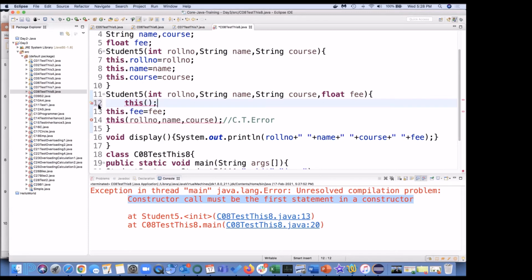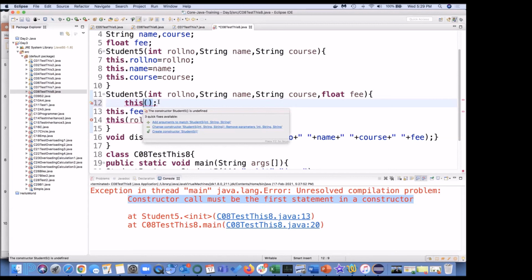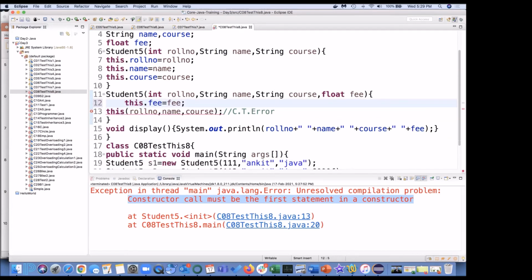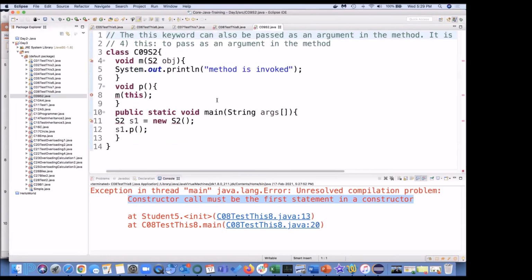Since I don't have any default constructor, the constructor Student is undefined because I'm not having that. That's the reason it is giving me this error. I mean this kind of functional brackets. The meaning of this dot fee is nothing but s1 dot fee, s2 dot fee, s3 dot fee. Okay, we'll be moving to the next program. This error we will keep as it is.